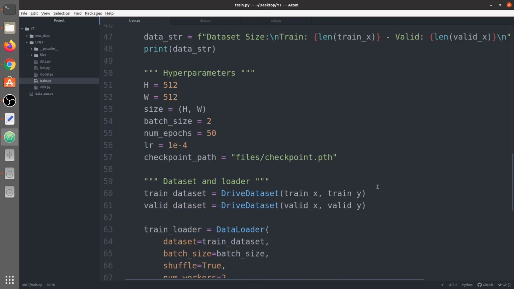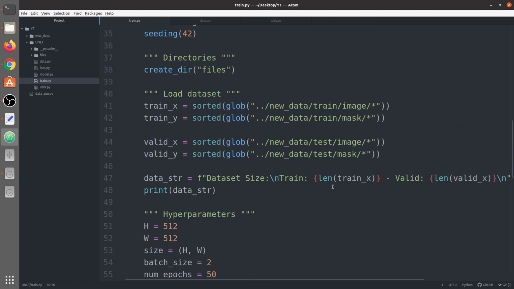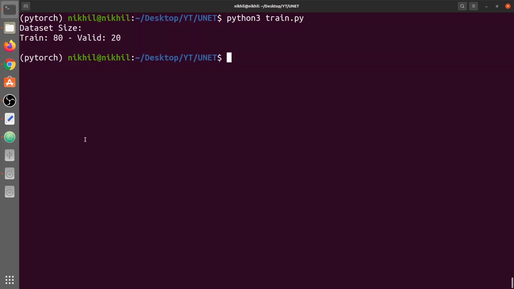Now what we're going to do, we're going to have the data here. For now let's take only 20 images for the training, because it would take time and we don't want to waste much time here. So we are running and we would see how much time it would take. It should not take much time. It should take like 10 to 20 seconds, I think.